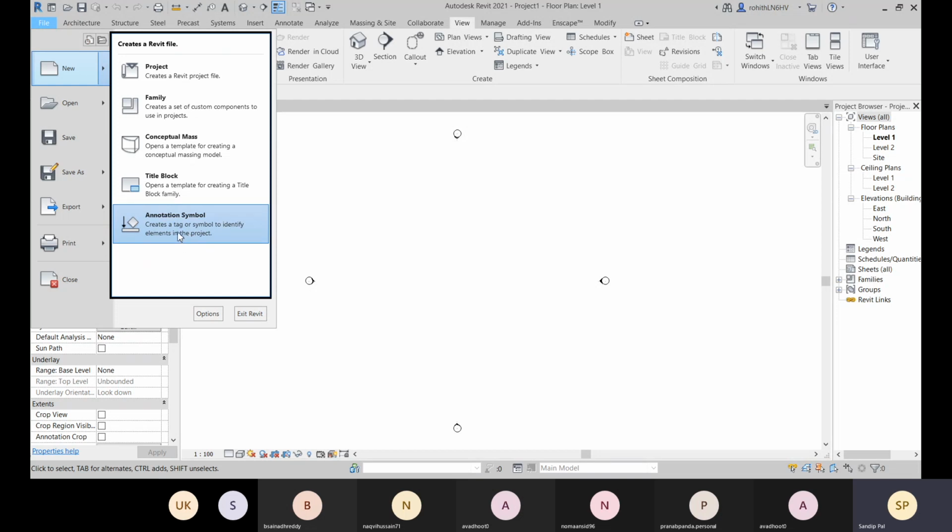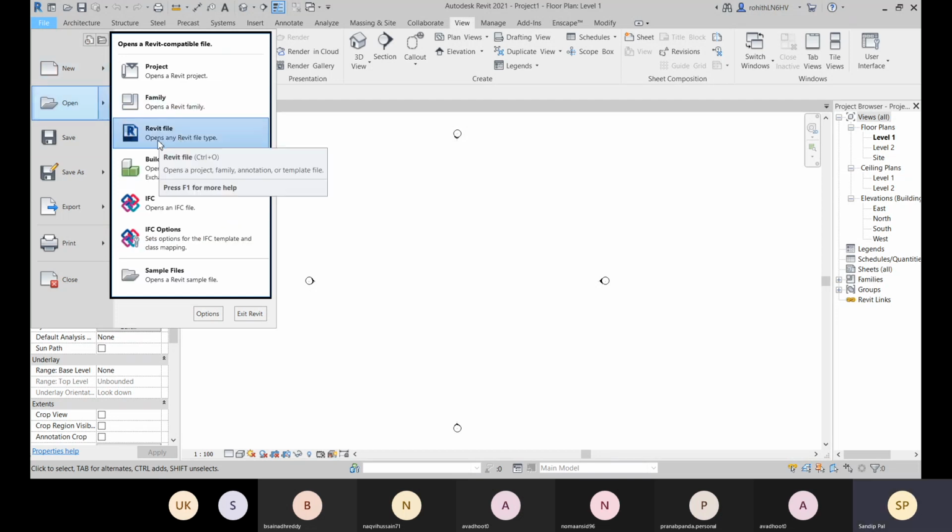This is a Revit file type, so you can open it here with the help of Revit. Suppose you want to create a new template file, or you want to modify your existing template file. For that you will choose Revit and then select that template file. Okay, so these are the options.